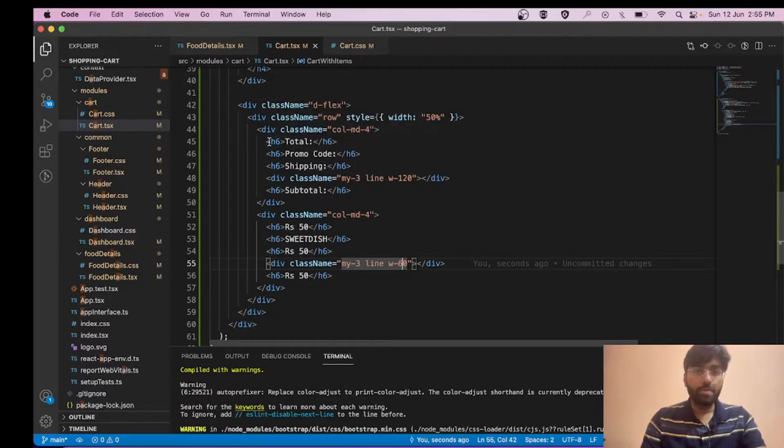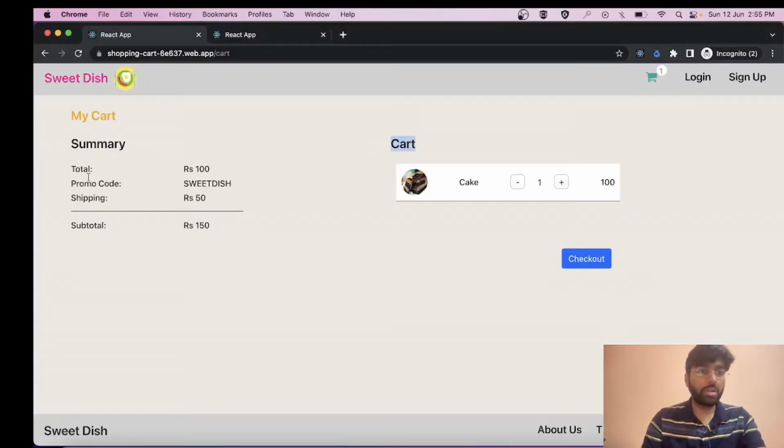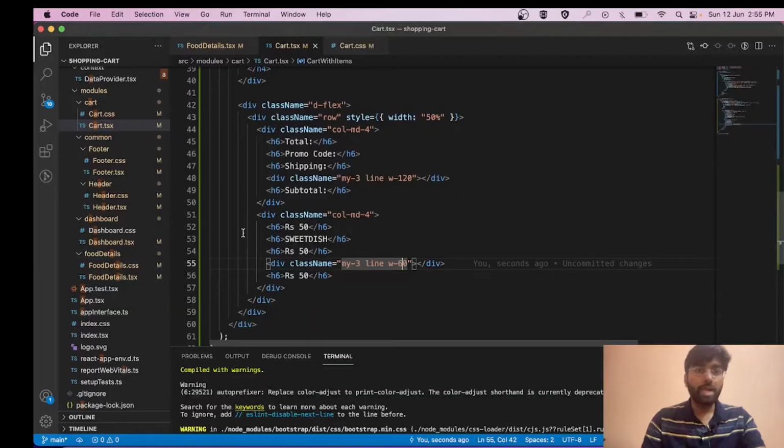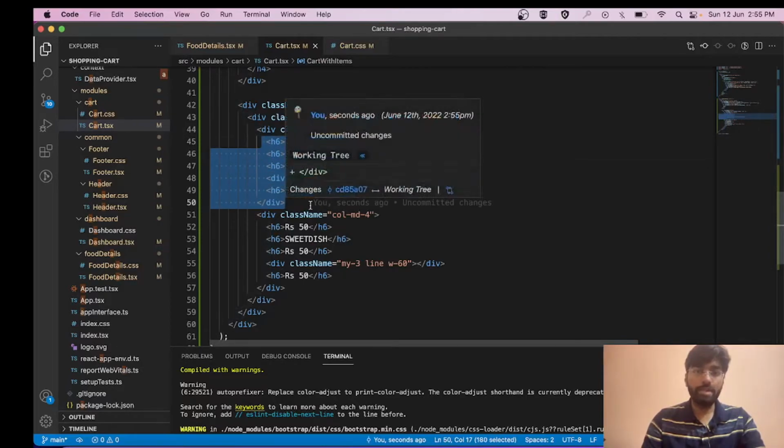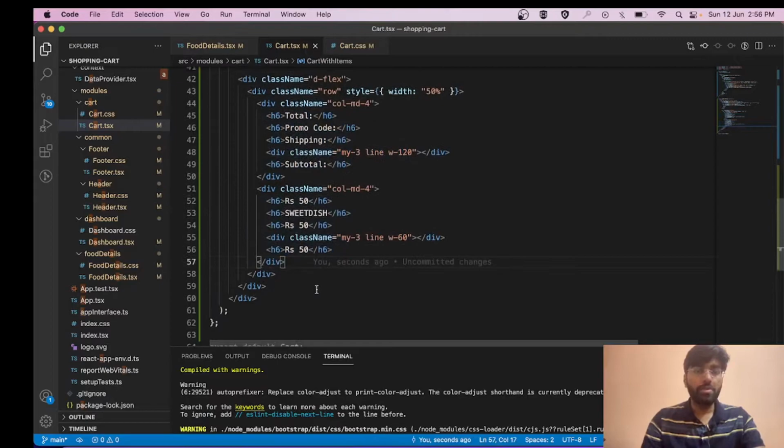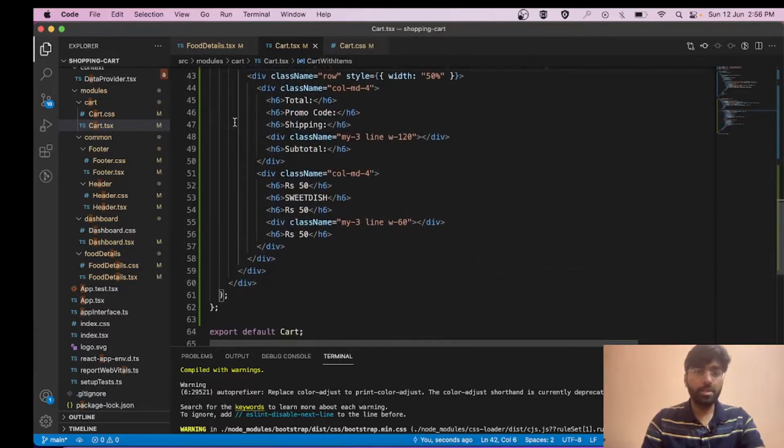As I've told you over here, we have this total, promo code, shipping, subtotal, and their corresponding values. Right now we are hard coding it because we do not have the dynamic data yet. So this is the left section and this is the right section. We have our summary section also.